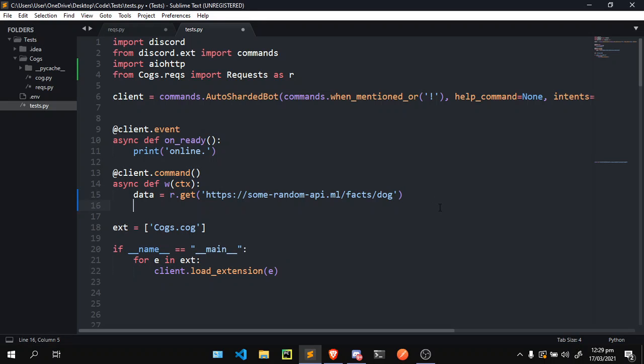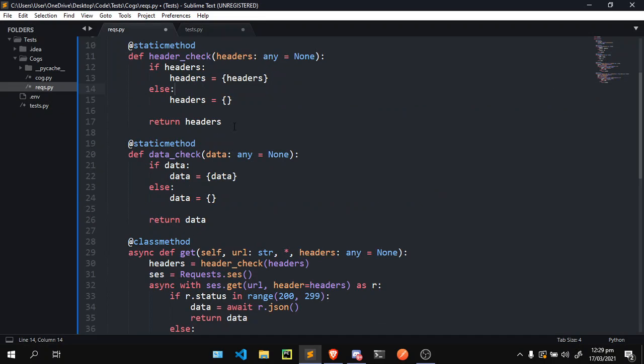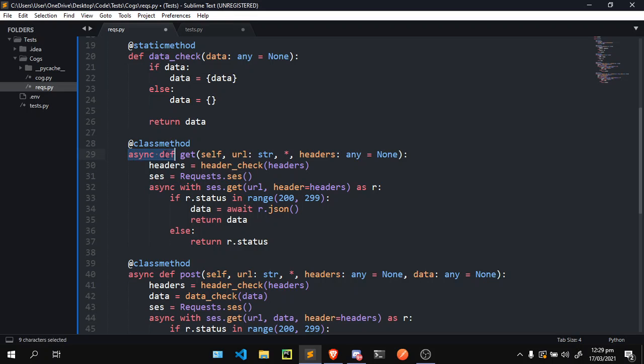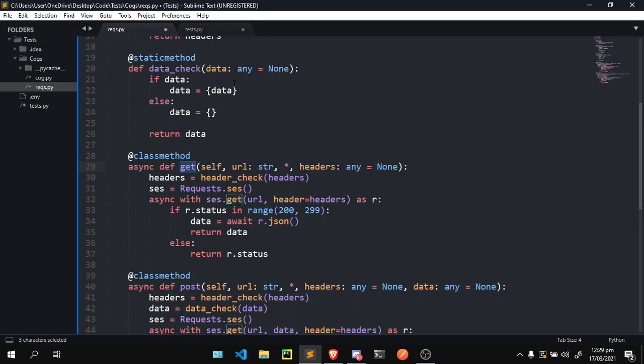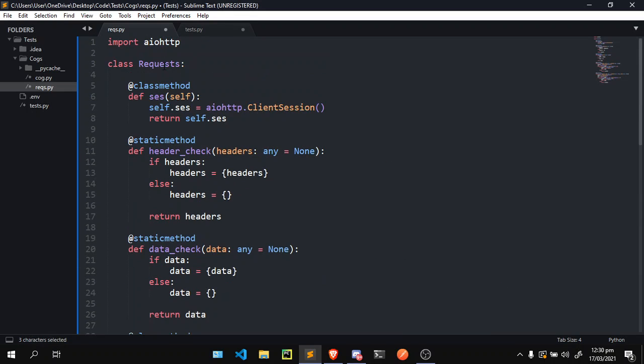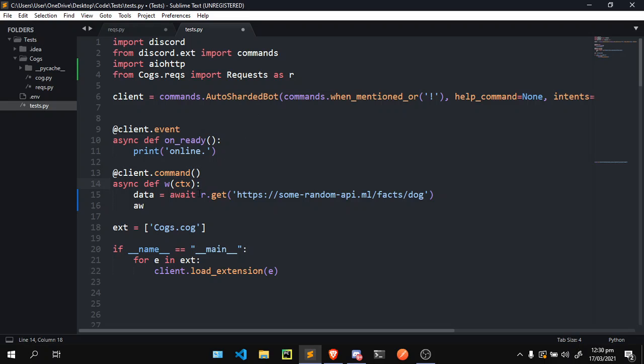Okay, so we're gonna do await. Of course, it's asynchronous, so we're gonna do await r.get. As you can see there, it's an asynchronous function, and it's part of requests. So we're gonna do our get, pass in this URL,